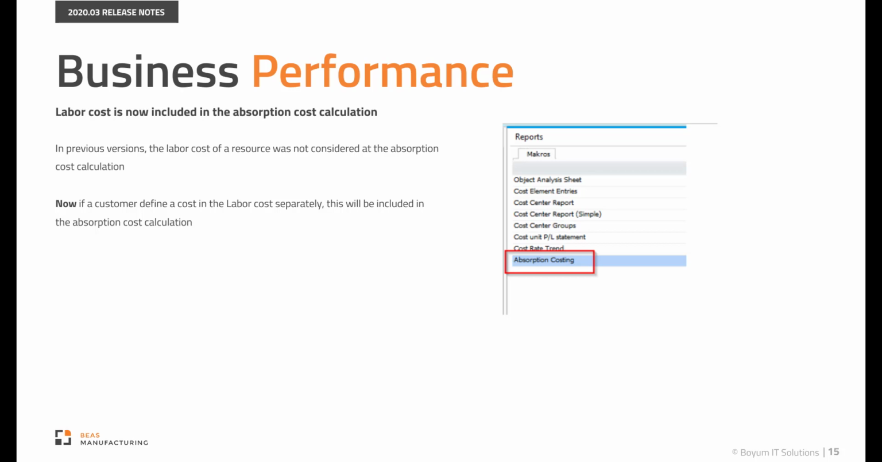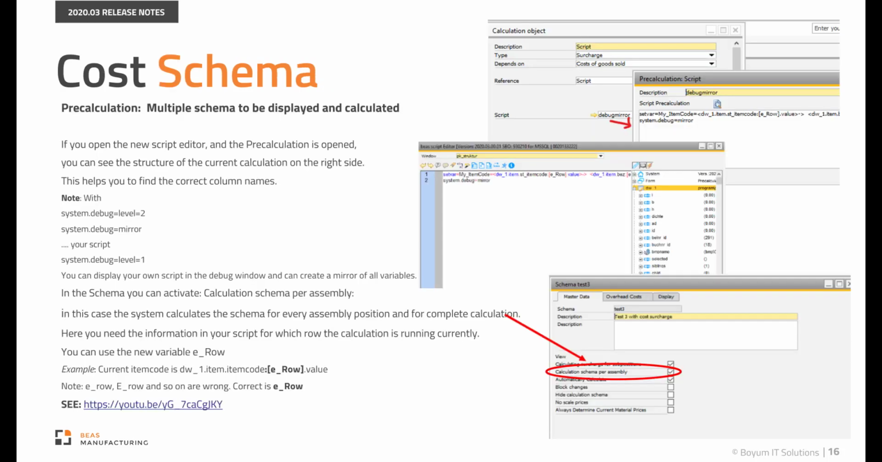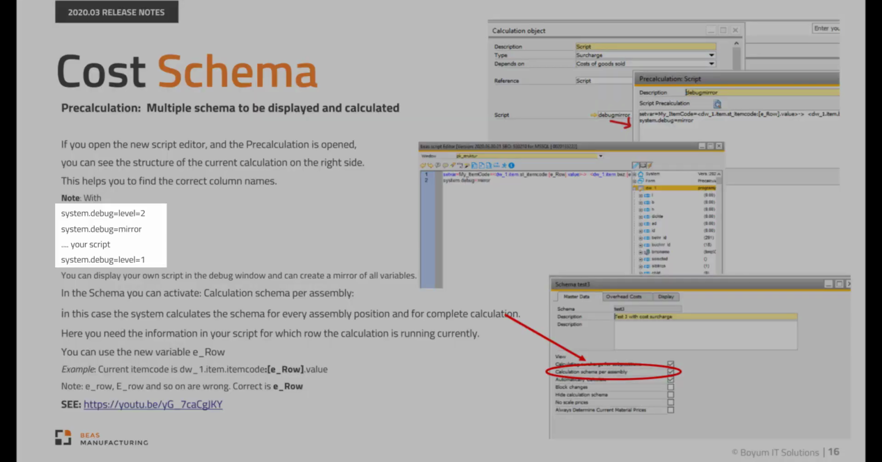calculation. In pre-calculation, multiple schemas can be displayed and calculated. If you open the new script editor and the pre-calculation is open, you can see the structure of the current calculation on the right side. This helps you to find the correct column names. Note that with the following script, you can display your own script in the debug window and can create a